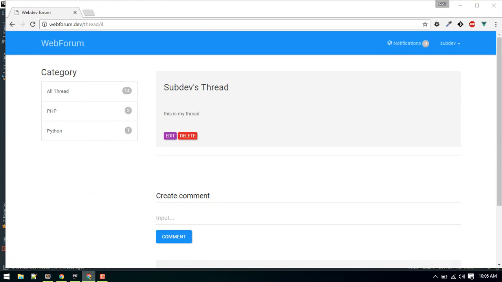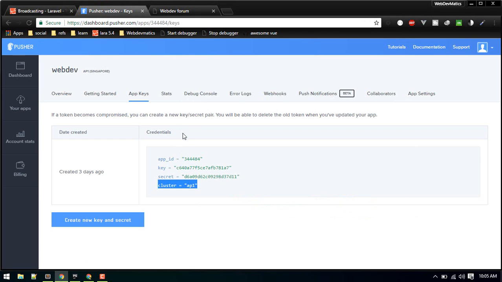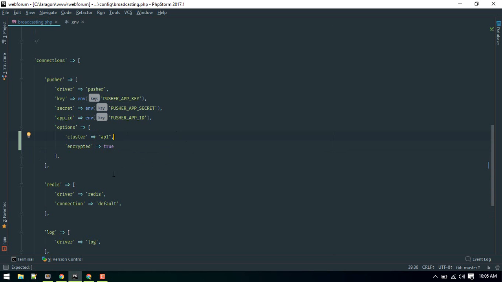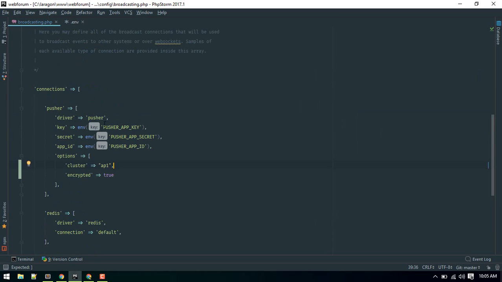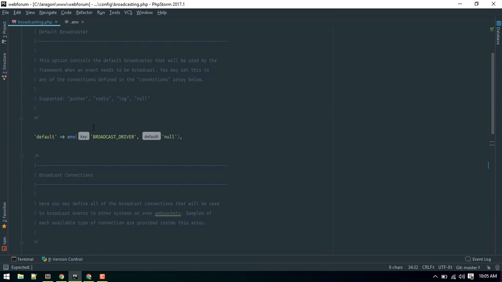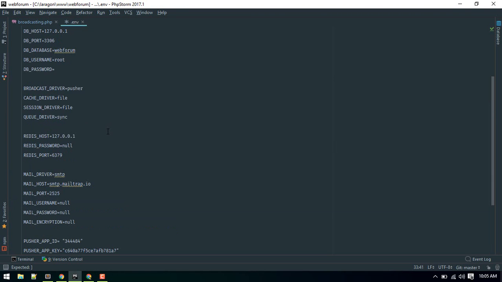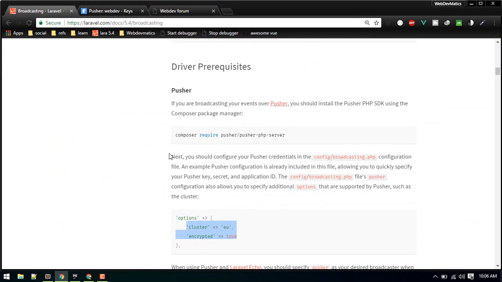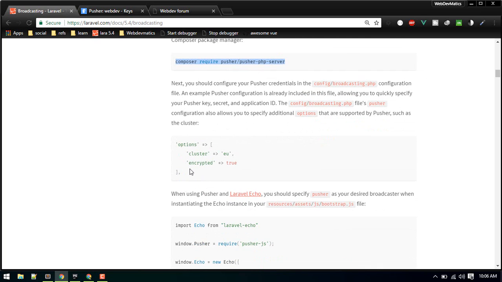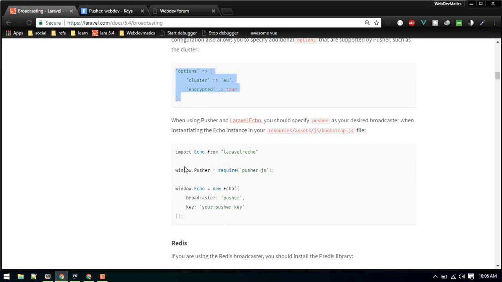My cluster is ap1. Alright, so that is defined as well. I've included driver pusher. The default broadcast driver you can define here as well. Yeah, pusher. Alright, so after you run composer require pusher server and define all your settings in broadcasting.php and .env, we'll pull